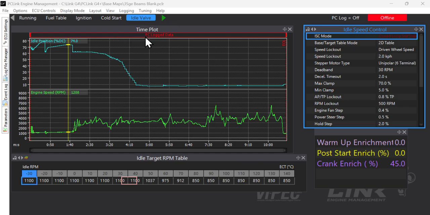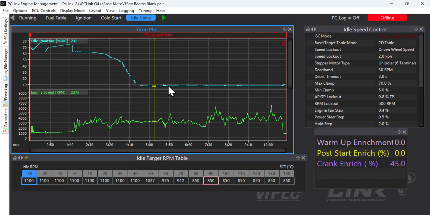Here's a tab called idle valve. I have a 2-wire Nissan style solenoid that you put a frequency in, and it lets air bypass through and goes to my 4 throttles on the side of my Toyota BEAMS motor, right? When I start it up in the morning, I want it to bypass air and bring my idle up to, see here, 1100, and as it warms up I want it to stop bypassing air and come down to 850